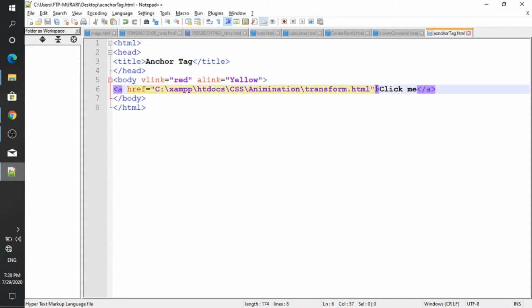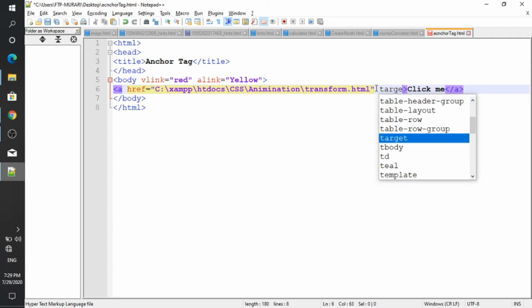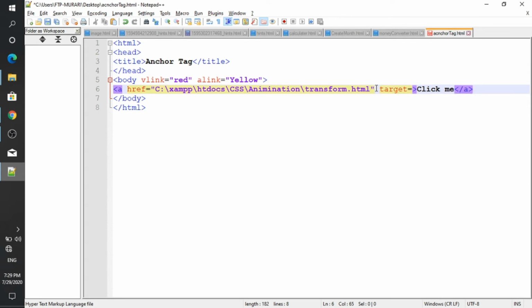There are various types of attributes. Something I want to show you is target. Target equal to underscore blank.